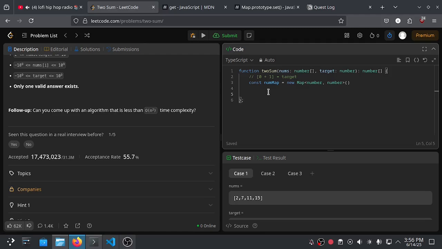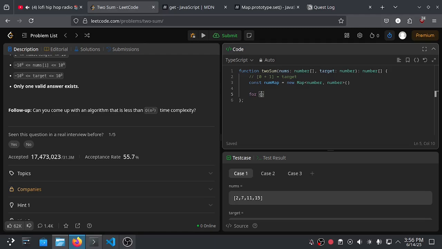that will be complex to solve. So we are going to iterate one time using the for loop, and if we find the value, we immediately stop the for loop and return the value in the form of an array of numbers.